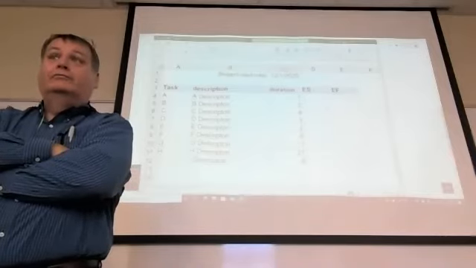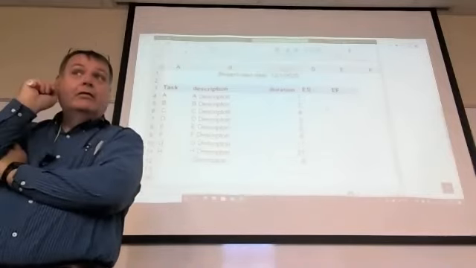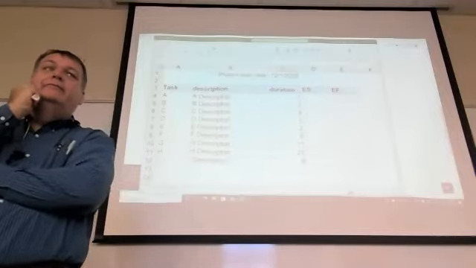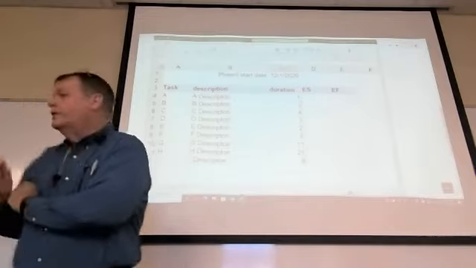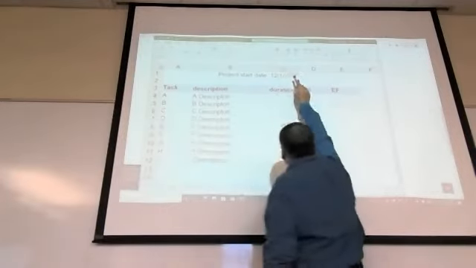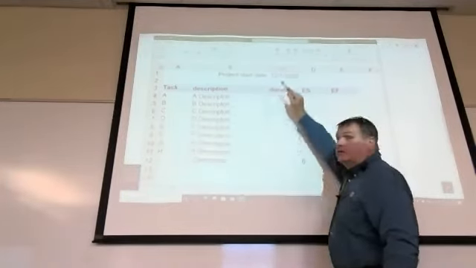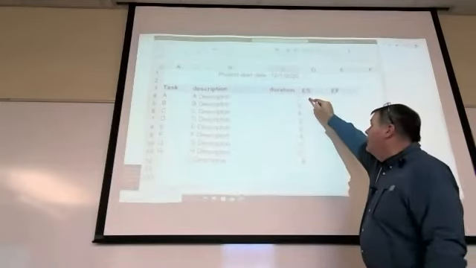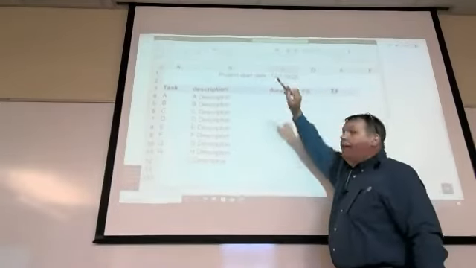I'm sorry? Would it match the duration? Yeah, but you don't want to type in the date again. So what you want to do is come to this, because you're going to start on the project date up here, right? And if this date changes, you want this date to change. So you go equals, and then click on that square.